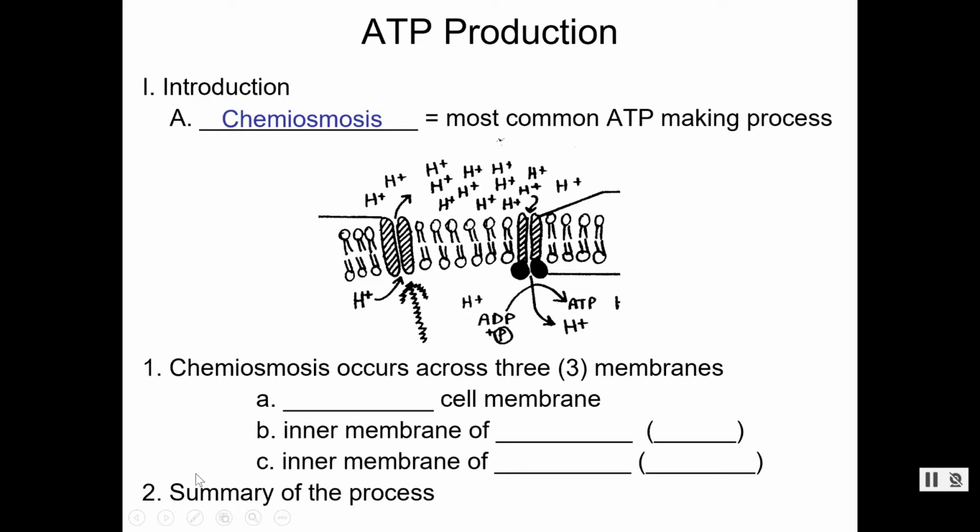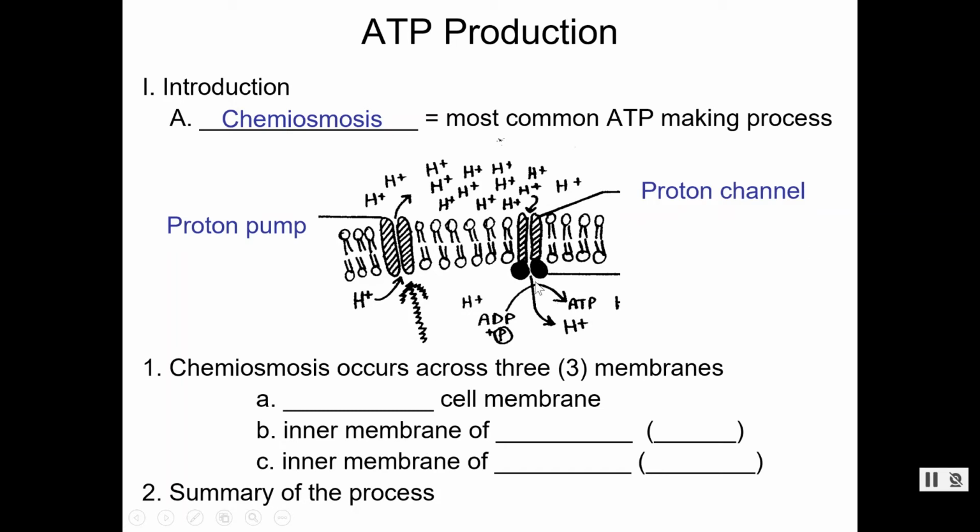And we can go ahead and call these passageways something. The one where we have to add energy is called a proton pump, from that hydrogen proton, because we're pumping them out. The one where they're freely passing back through is called a proton channel. Like a channel of water, it flows freely down there.